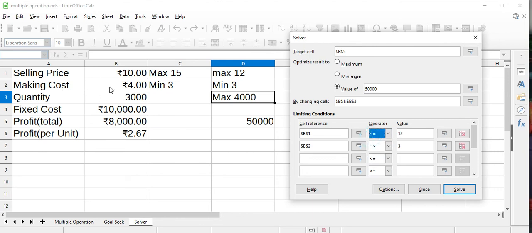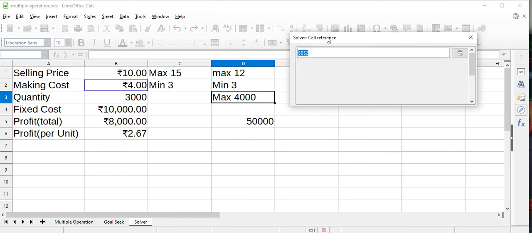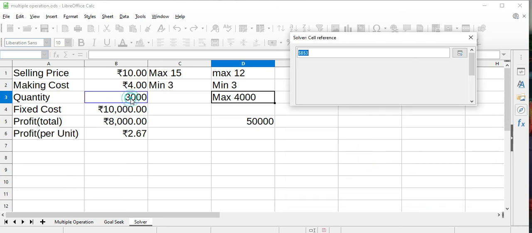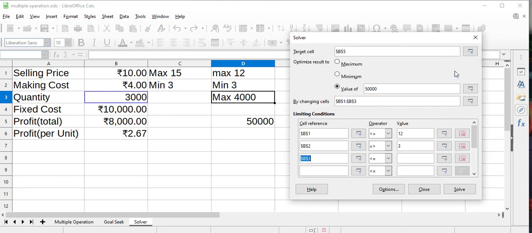And making cost should be minimum 3 rupees. One more condition we are applying is for quantity. So I will select the quantity. It should be maximum 4,000.